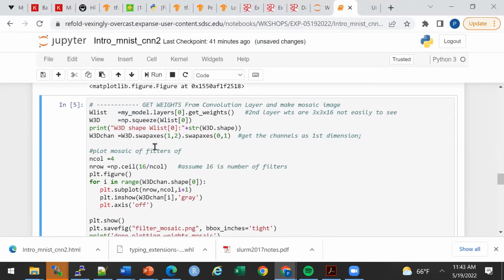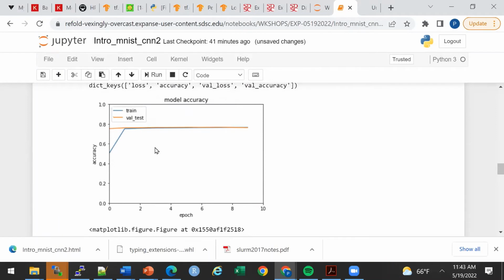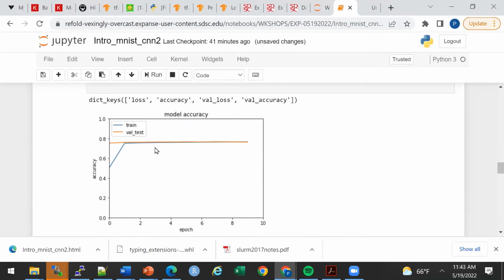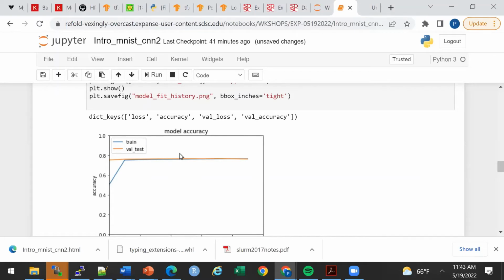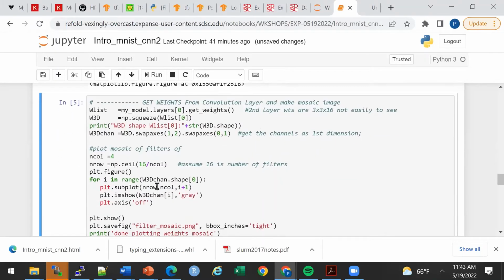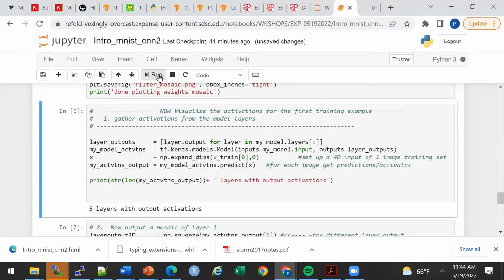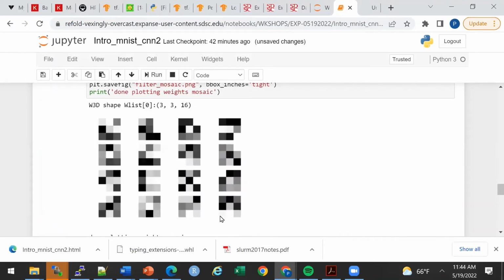Okay, thanks. I just want to show you, again, this is an easy problem. 60,000 images are quite a bit for just 10 classes, so it learns it very quickly. Again, I'm not using a very deep network, so the performance isn't great. I'm not going to go through the detail of this code, but I have some code that will show me the filters. These are 3x3 filters, and there's no obvious pattern. This one right here, maybe that's doing edge detection, because there are low values here and higher values on this side. So it's not obvious when you look at these filters what they're doing.